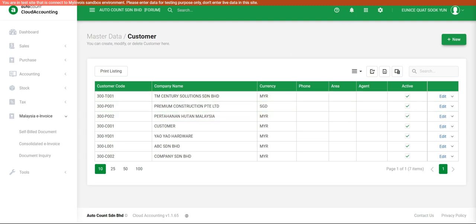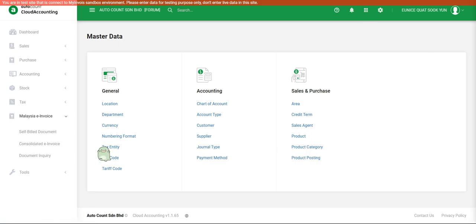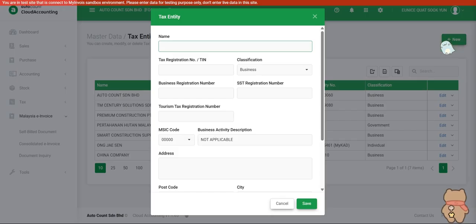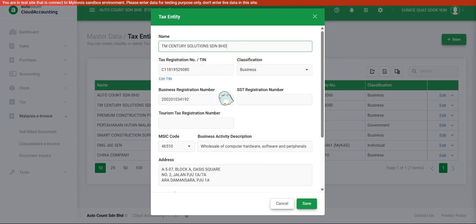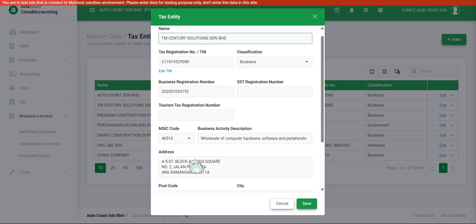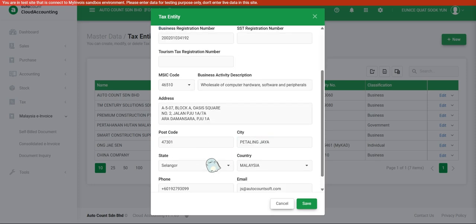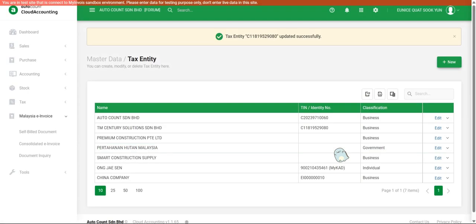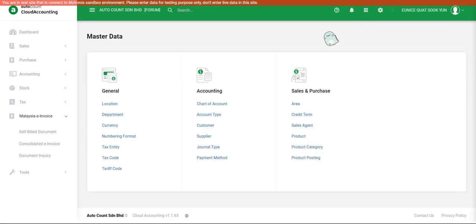So what we do is we go to master data, tax entity, just click on new and fill in the TM Century Solutions info. For example, TIN, BRN, SST registration number, MSIC code, address, postcode, city, state, country, phone and email. After that, click save, and once you create this tax entity,